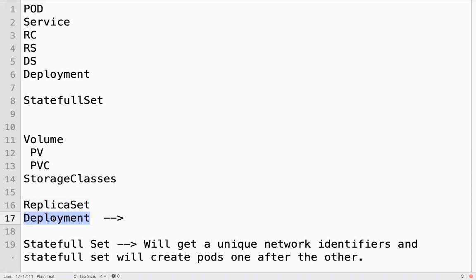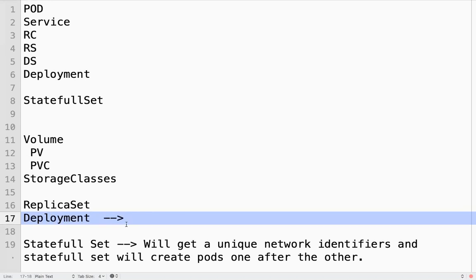When we are creating, guys, don't forget about updating the deployment, okay? When we are creating, it will create all the pods at the same time. And also if I am using volumes, do I get a different volume for each pod of the deployment or of the replica set? Right? We will get the same volume. The same volume is going to be attached.